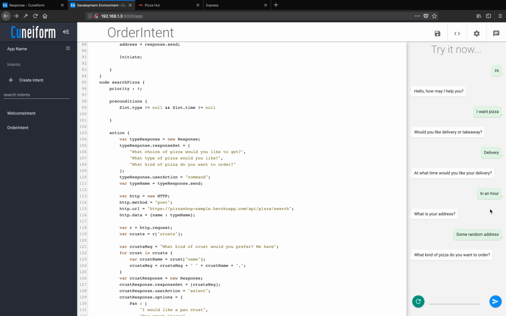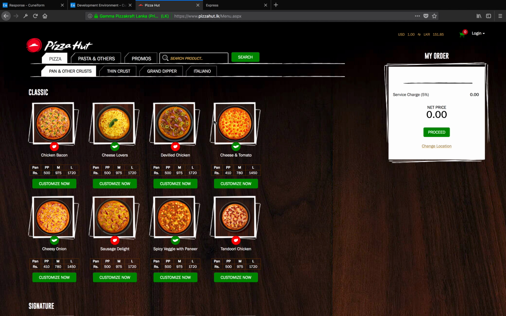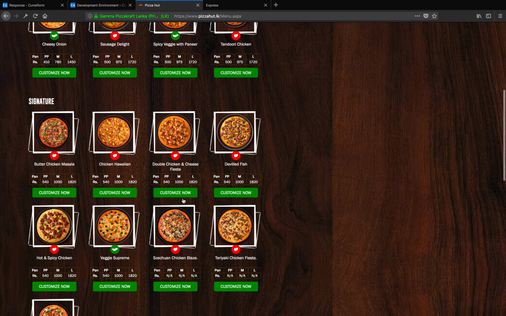It asks what kind of pizza do you want to order, and it takes whatever we say and gets the details of the pizza from an external API that I have created. This API scrapes through the Pizza Hut website and gets details of the pizza that we mentioned. So let's pick something like